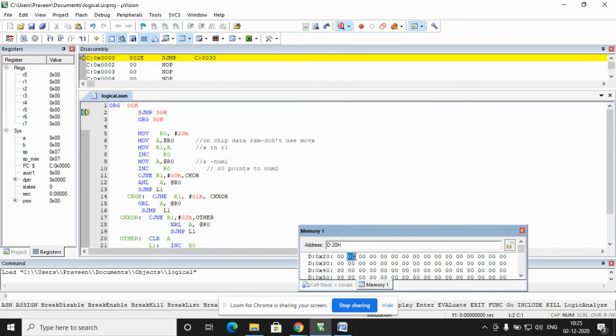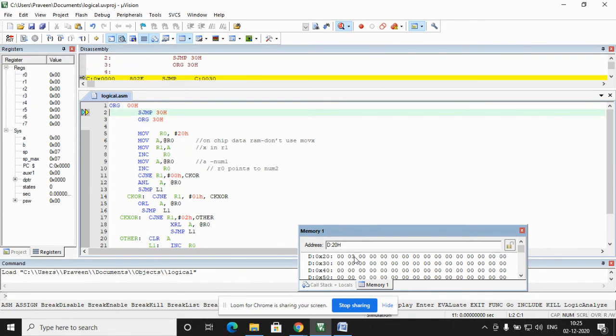Next, the first number is 03H and the next number I give is 0F. So I have given two numbers: 03 is given in 21H and in 22H 0F is given. Where do I find the output? I find the output in 23H.